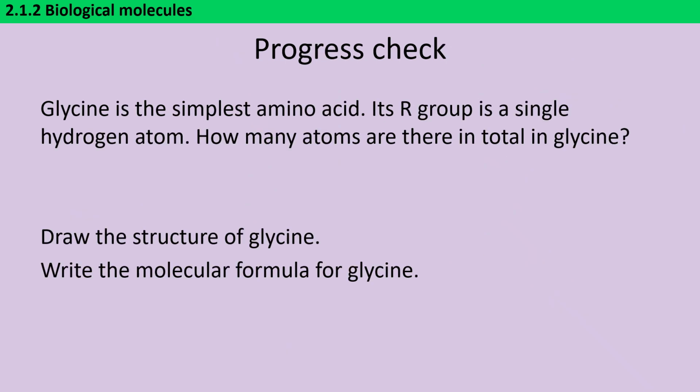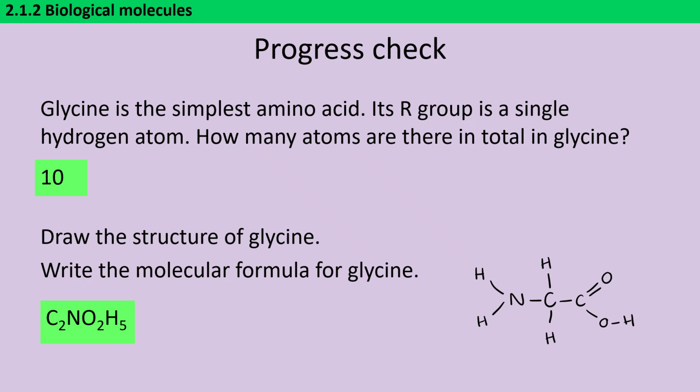Before we go any further, pause the video and make sure you can answer these questions about what we've covered so far. The basic structure of an amino acid is a carbon atom in the centre with the amine terminal on one side, so that's another 3 atoms, and the carboxyl terminal on the other side, so that's another 4 atoms, with a hydrogen atom, that's 1 atom, and then the R group. Here we're told that glycine's R group is a single hydrogen atom, so if we add all of those up, we have a total of 10 atoms. You should be able to draw the structure for glycine just as we described, and then the molecular formula for glycine is going to be